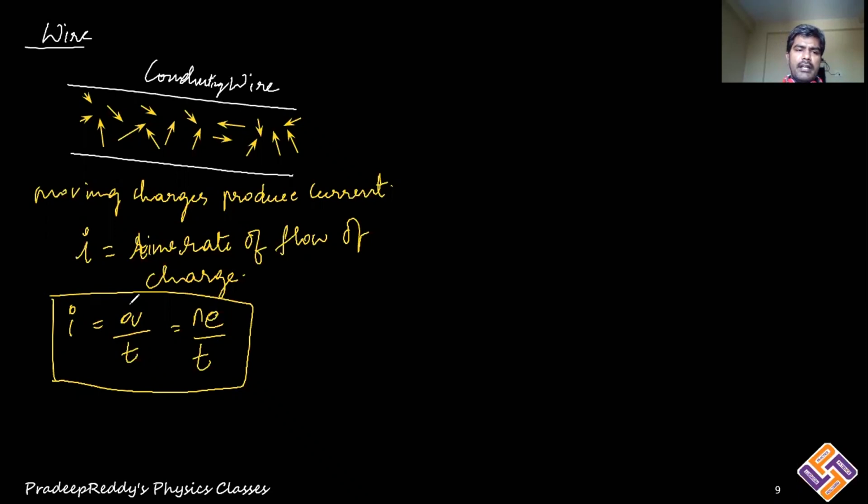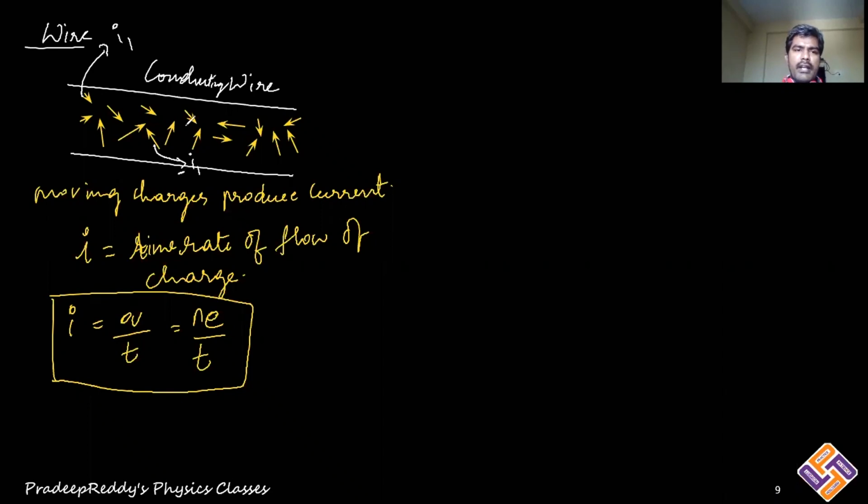Now, as we already know, charge is conserved in nature and charge is quantized. Therefore, when this charge flows, all these electrons move randomly in all possible directions. Let me consider one electron here. This electron will produce some current, say I1. Exactly opposite to that, there is one more electron here, and this will also produce a current whose magnitude is minus I1.